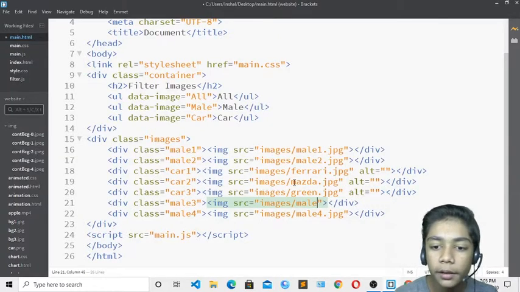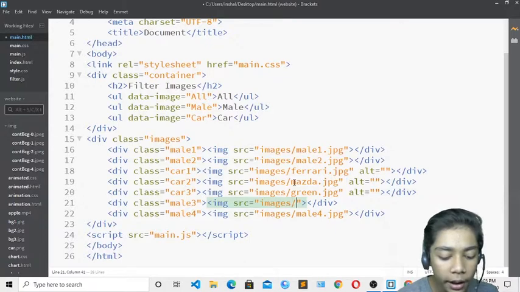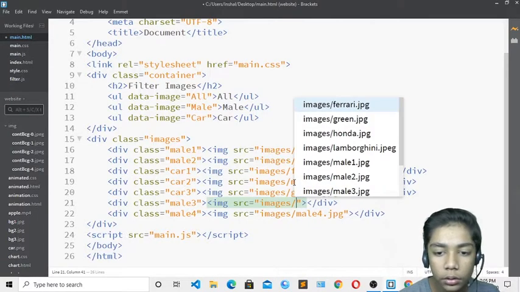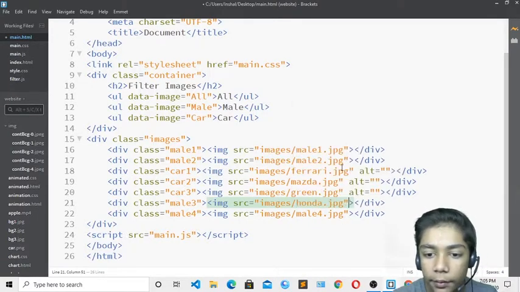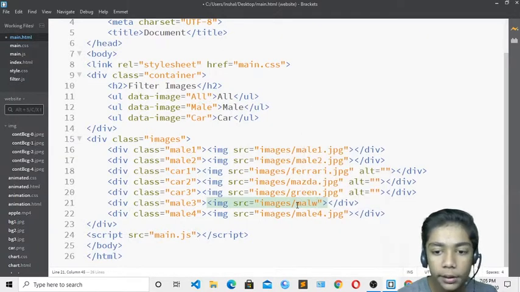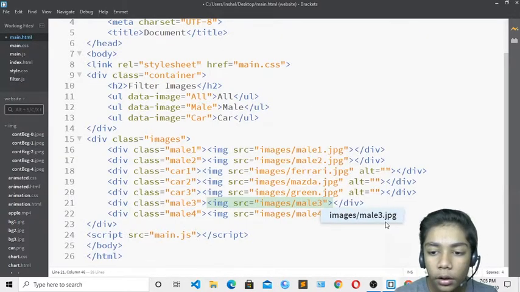Okay, so because of that I have given the green name, and now here I will also write, just come over here and write. Okay, so you have to write over here. Now here you can see we will define our Honda one. Okay, so now it is good. We have defined that, and over here we do not have to define, so I will change it to mail 3. Okay, so now it is looking good.